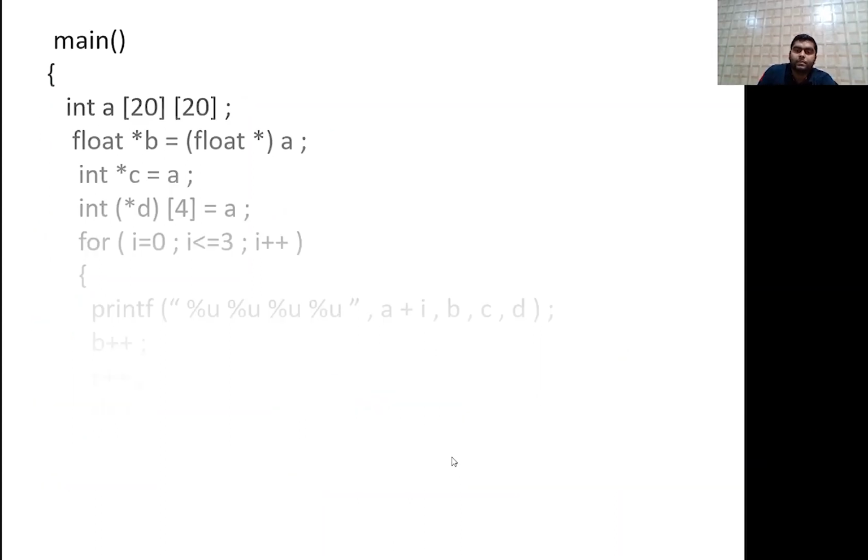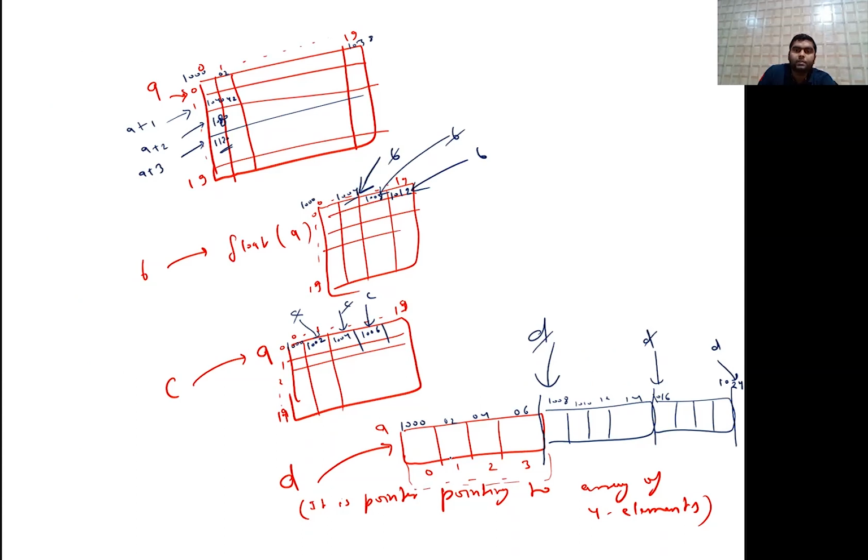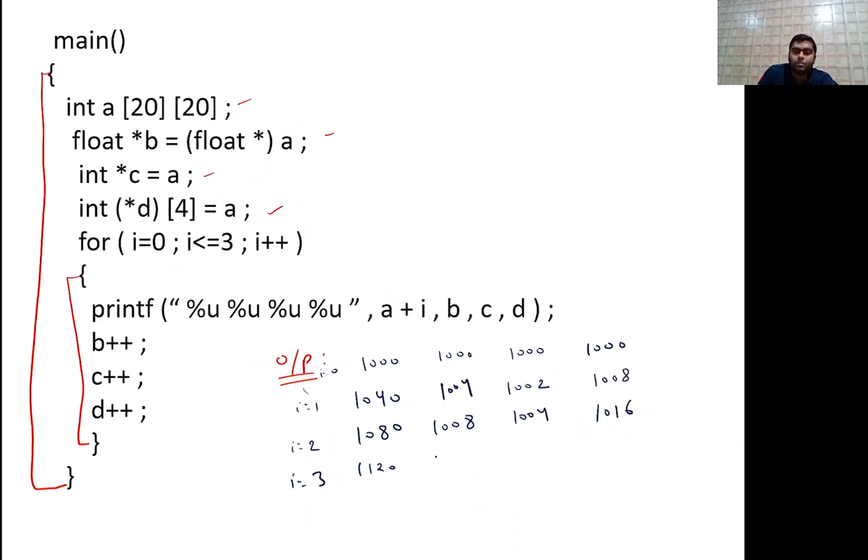And B is where you will get 1012, and C with 2 times skipping, so 1006, and it is again 4 elements, which means 8 skipping, so it is 1024. So I hope that this concept is clear to you. Now next time I value will be 4, so this will come out of the loop.